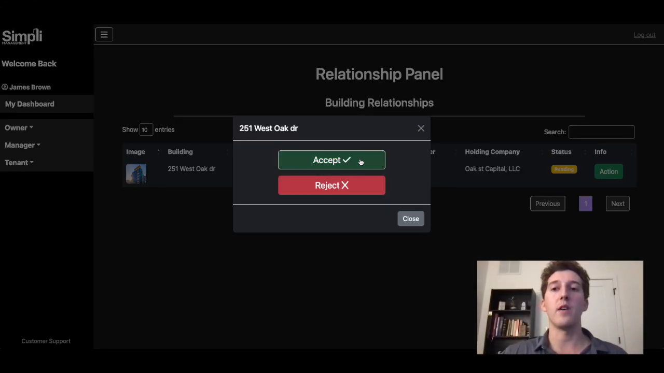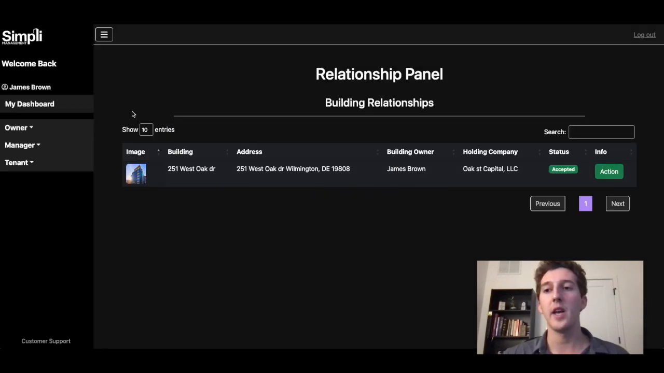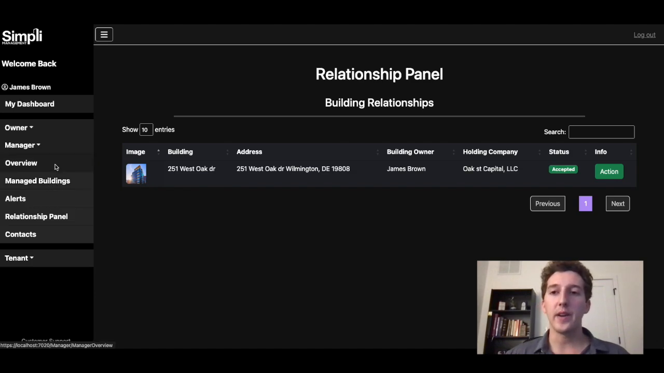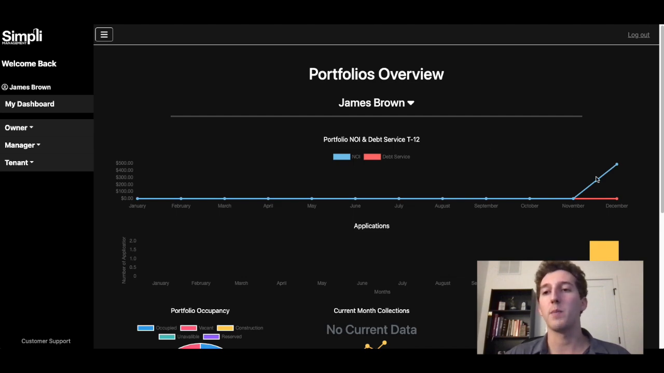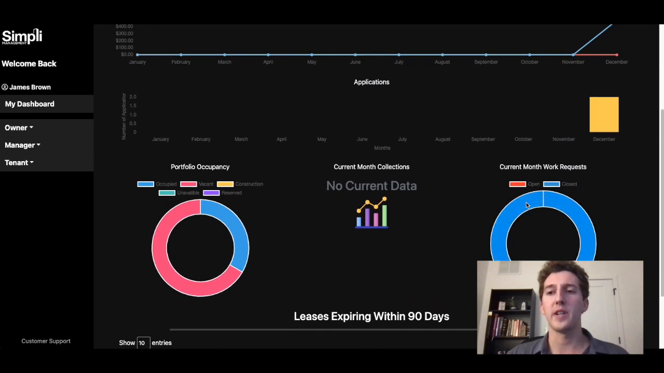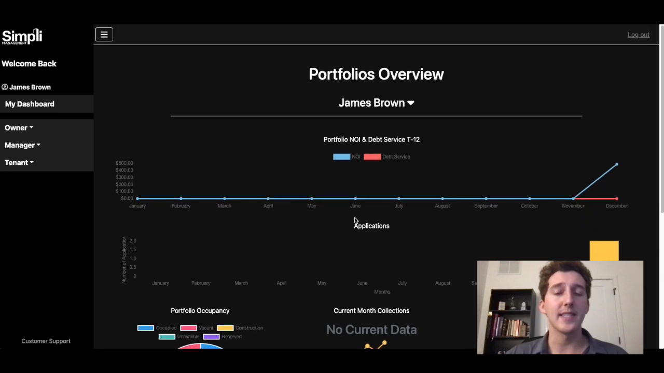Now we're going to dive in on the manager side. We'll go ahead and accept that invitation that we just received, and now we should be a part of our building. So we'll go here, and then we can look at our portfolio's overview. So if you allow this person to manage multiple buildings for you, it'll show you all the different information about the aggregate buildings. It'll show the number of applications, the charts that you allow them to see, leases expiring within